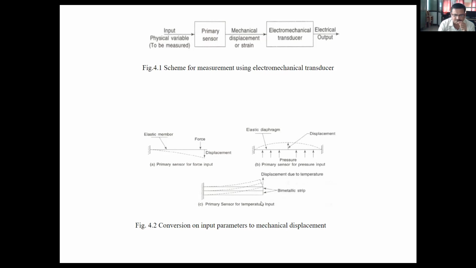Similarly, this is a primary sensor for temperature input, a metallic strip. If we heat one end of the strip, then what will happen? Depending upon the coefficient of expansion of these two strips, here two strips are there, that's why it is written here bimetallic strip. Depending upon the coefficient of linear expansion, these strips either will bend in upward direction or they will bend in downward direction. Then next,